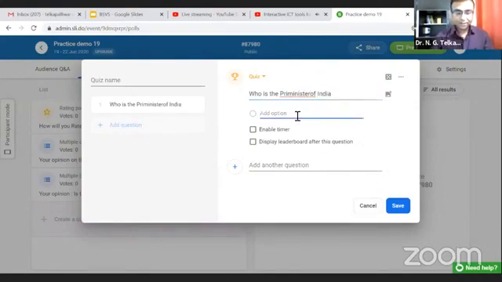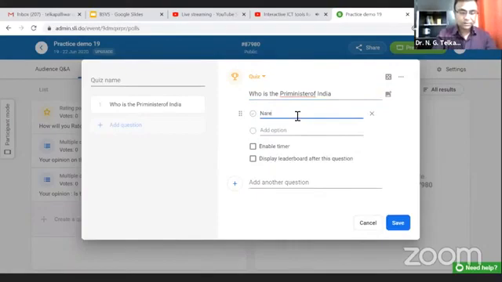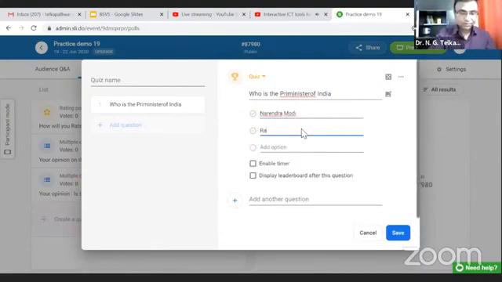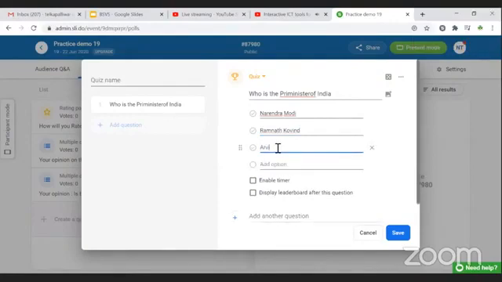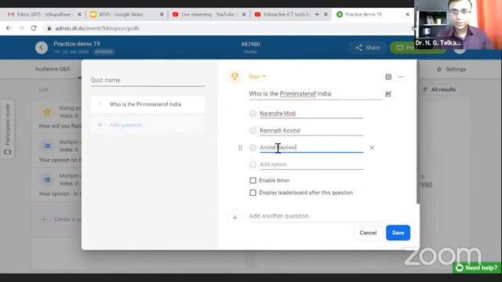Suppose I am writing here Narendra Modi first, second, Ramnath Kovind, and third, Kejriwal. So I am writing three options here. There is a 4th, 5th also.